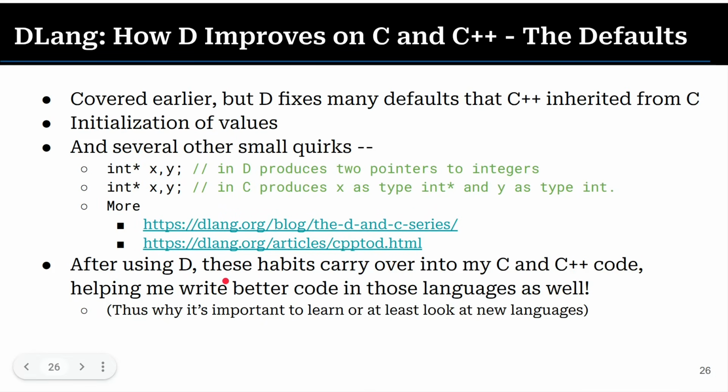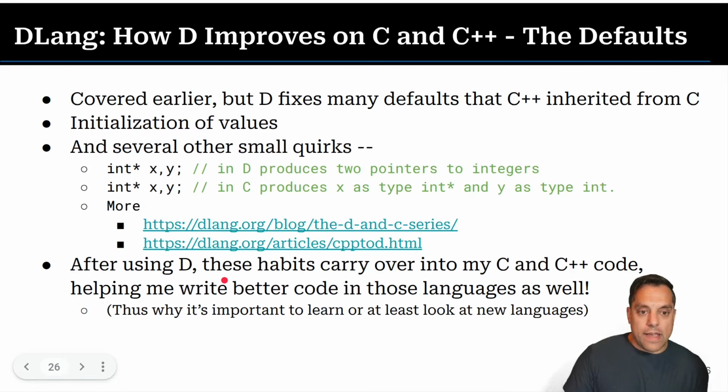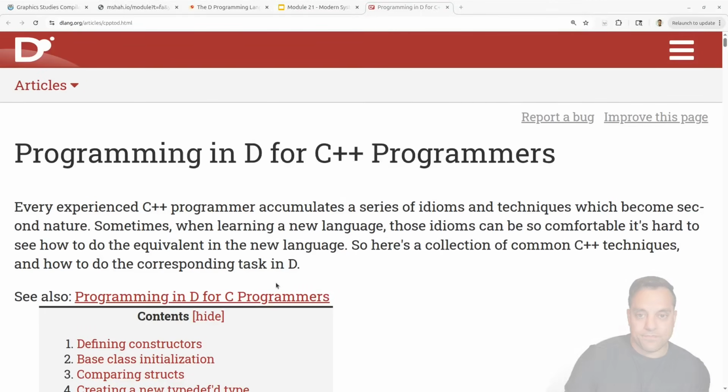A lot of these habits that I've learned, and this is why you should consider trying D, or again, the other option we're giving you in this course is Rust, because some of these habits you learn in these other languages will help you write better code. So I still write some C++ code these days, and from D, I've learned a bunch of these niceties that have made my code safer, better, etc.